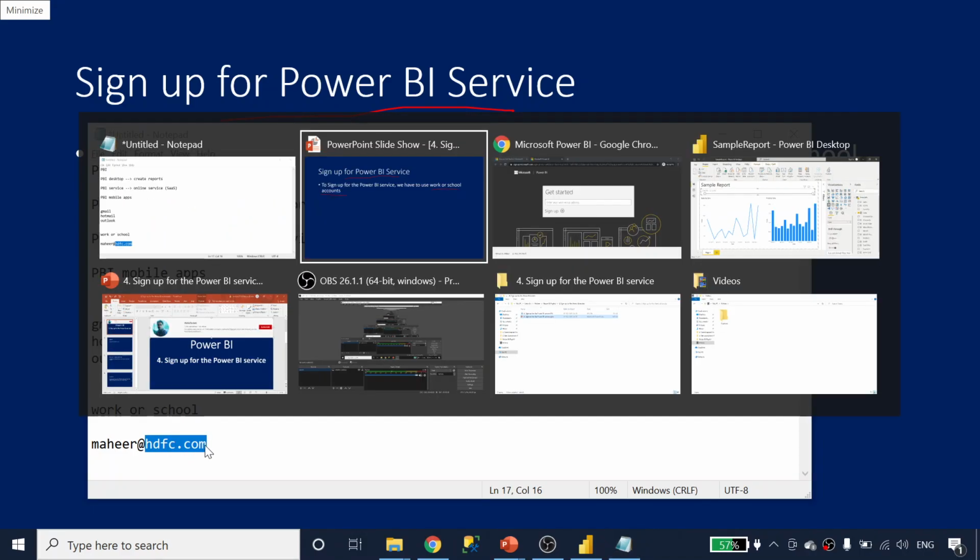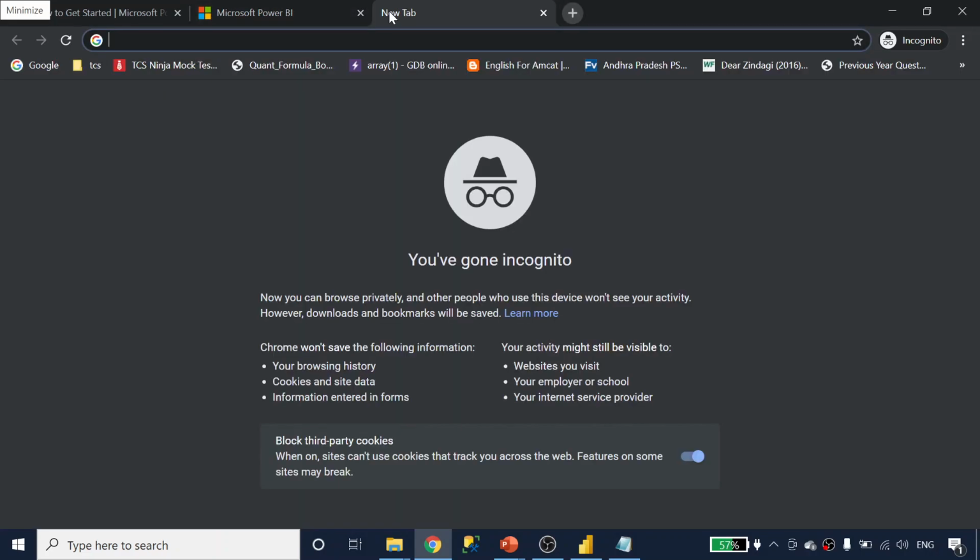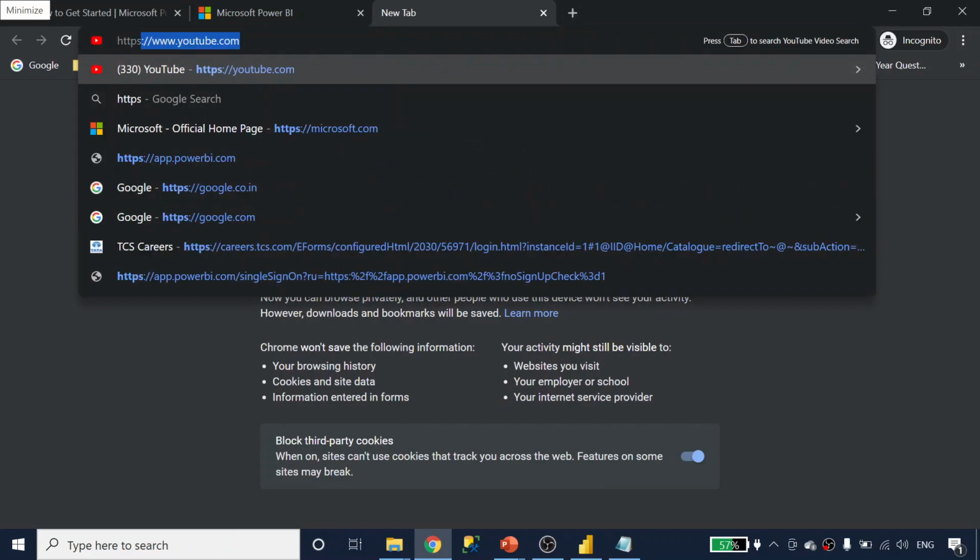So there is a blocker here, right? Everyone will not have their work email addresses or school email addresses. Then how to overcome this blocker? There is one site available for that. Let me show you that: